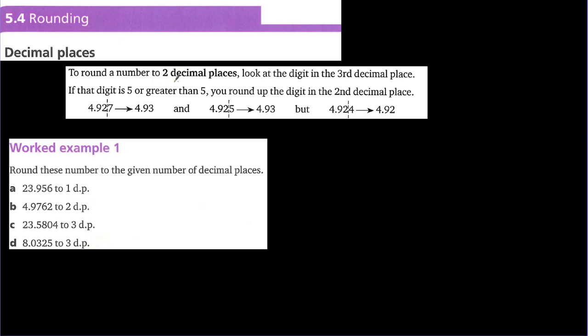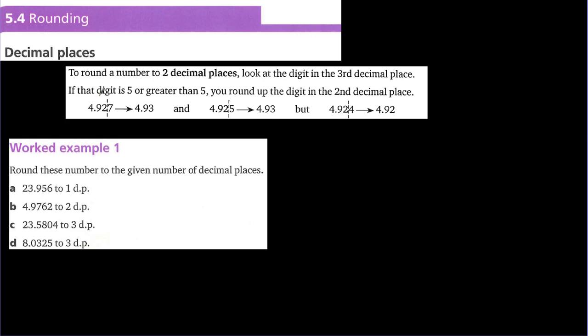Here we are looking for 2 decimal places. This number, 4.927, is a 3 decimal place number, and I'm going to make it 2 decimal places. We need to be careful about the 3rd decimal place. With respect to the 3rd decimal place, we decide whether to round up the 2nd decimal place or not. The rule is: if the digit which you are going to round is 5 or greater than 5, you round up